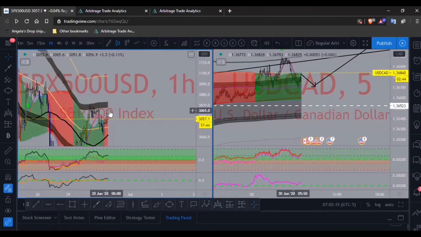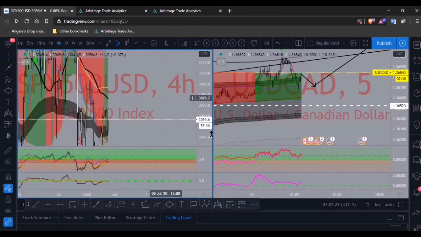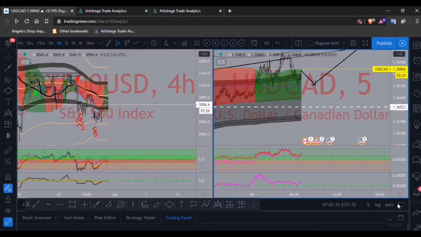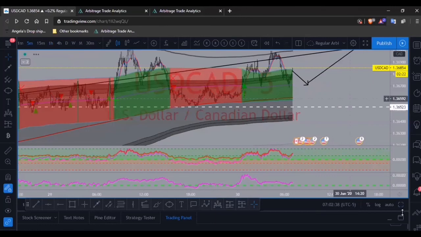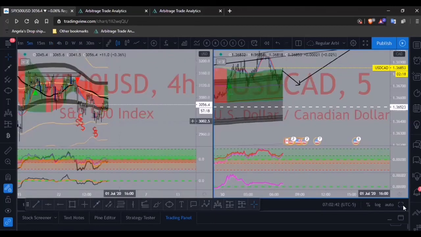Oh, I would have paid attention. If I would have seen this like 5 or 10 minutes ago, then I would have definitely said, all right, let's go ahead and get into this sell. But SPX 500 overall doesn't look really good for the sell. Let me switch to here. It doesn't really look that great for the 1 hour buy, but I'm not going based off of the 1 hour. I'm going based off of the 4 hour time frame.